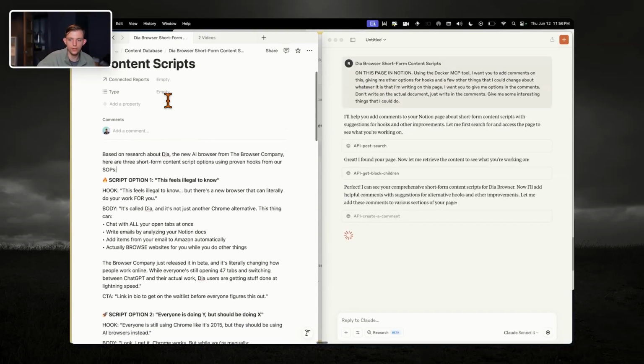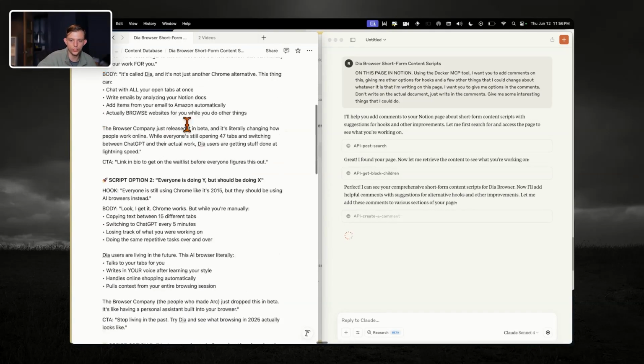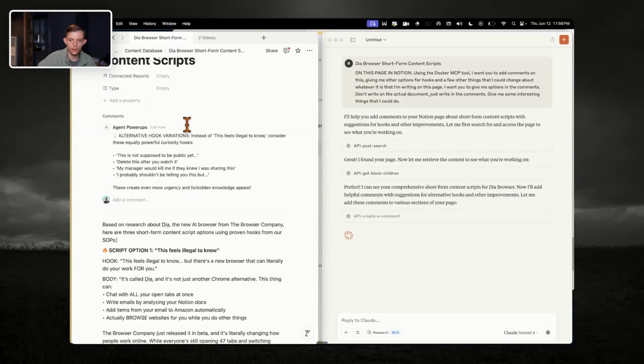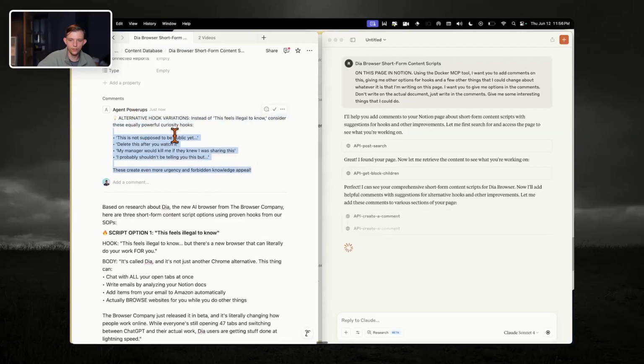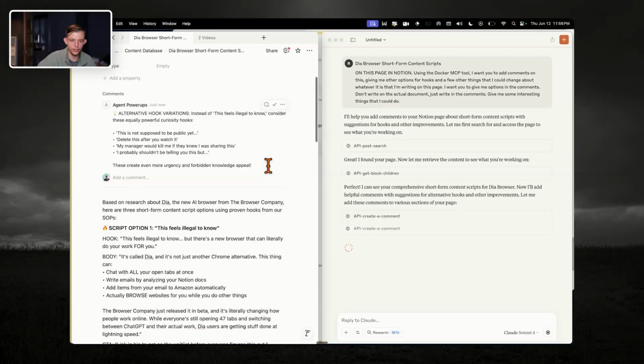Let's see where it creates the comment. Let's see if it creates it here or actually on the document itself. Okay, it added a comment right here, alternative hook variants instead of "this feels illegal to know," and it added